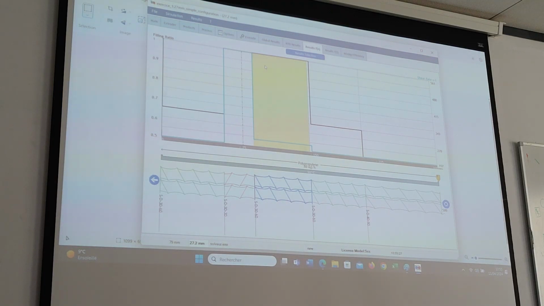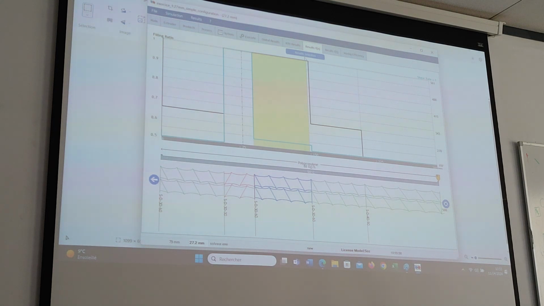So, for example, you have two elements where the filling ratio is different, but they have a similar shear rate. So, which element brings more mechanical energy to the product, more or less? Yeah. If you want to see this kind of result, I think it's better to have a look at the dissipated energy, because the dissipated energy takes into account the local shear rate and the time the product spent inside an element.